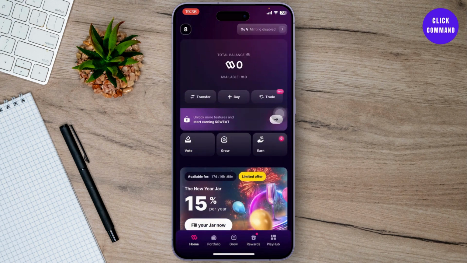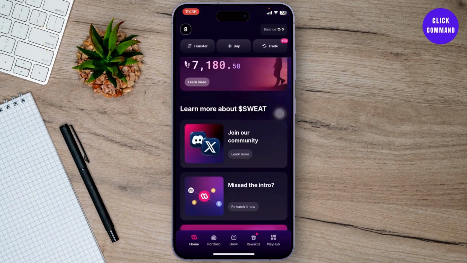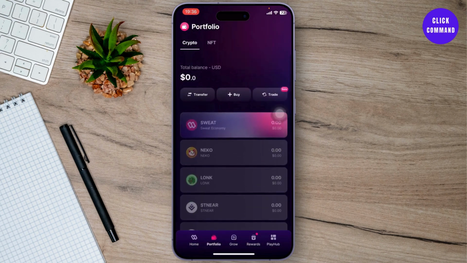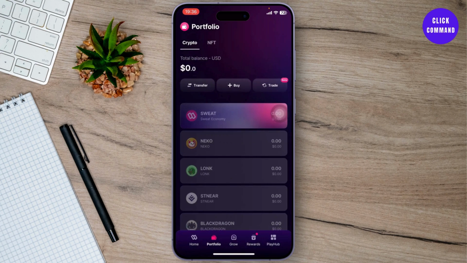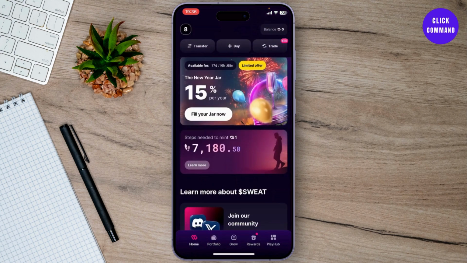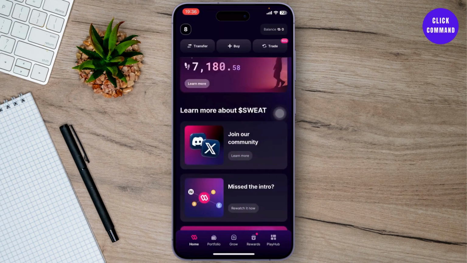So after you earn a bit of Sweatcoin, you can head over to your Sweat wallet, and from here you will be able to buy different cryptos. You can trade different cryptos, you can buy NFTs and many more. You can also sell the NFTs that you have, and you can basically earn money from that, and it's that